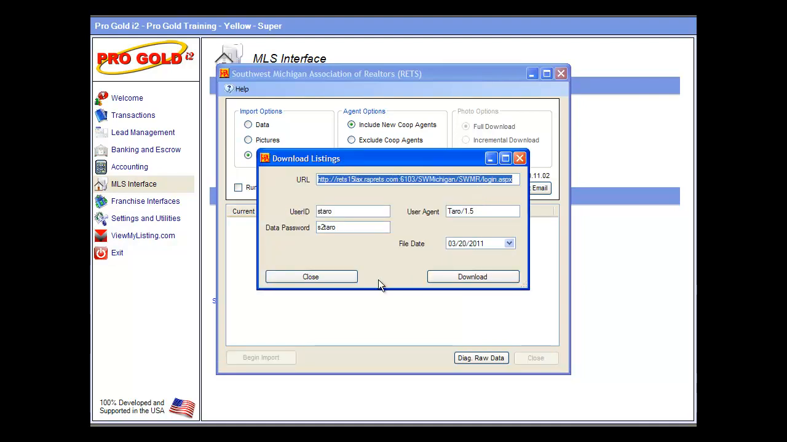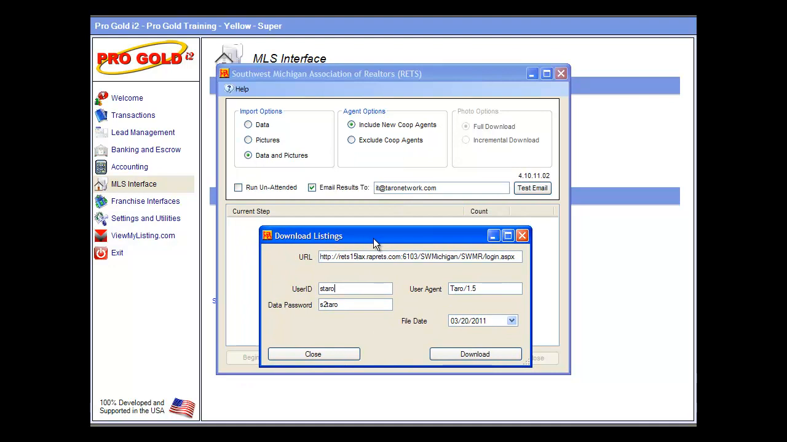Another item here is the email results to field. It's very important that you enter an email address for this field. That field will support when you set up your import to run automatically or unattended, for example, at 6 a.m. in the morning, okay,